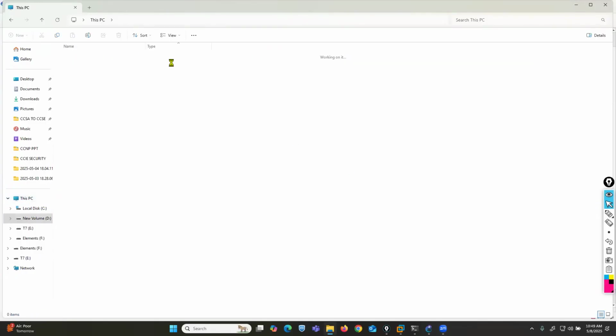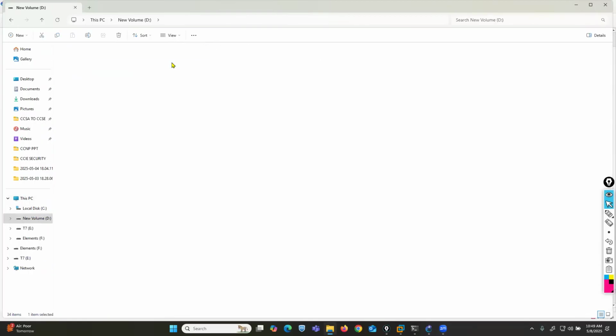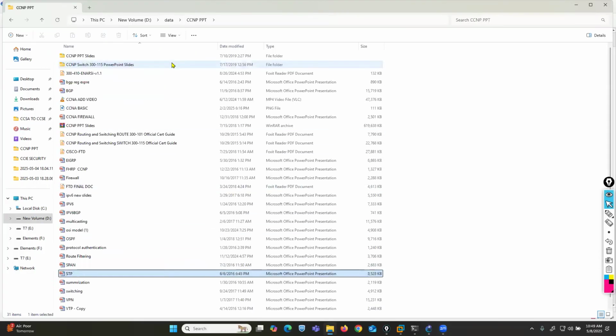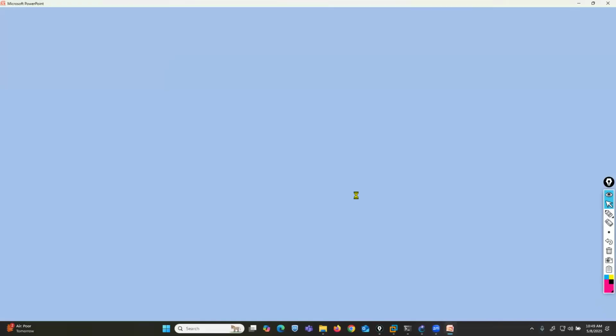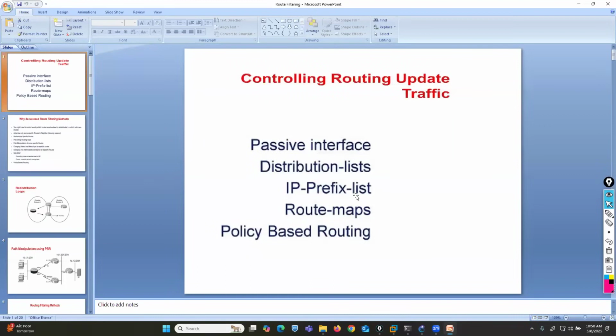So we complete our EIGRP protocol discussion. Now we can focus on the route filtering concept today. These are the options. Route filtering, we are controlling